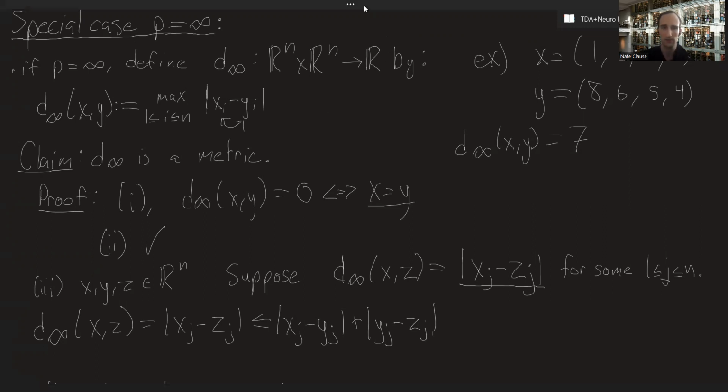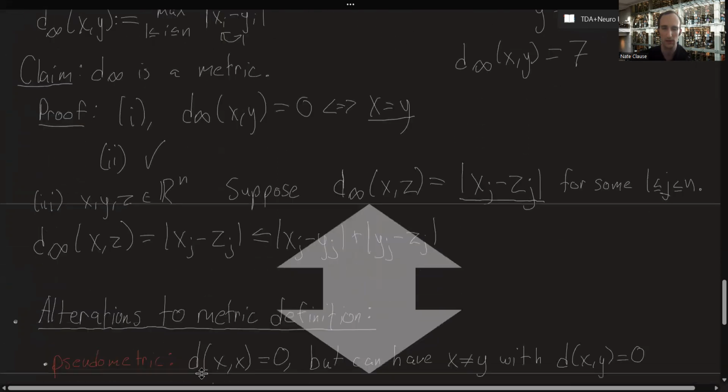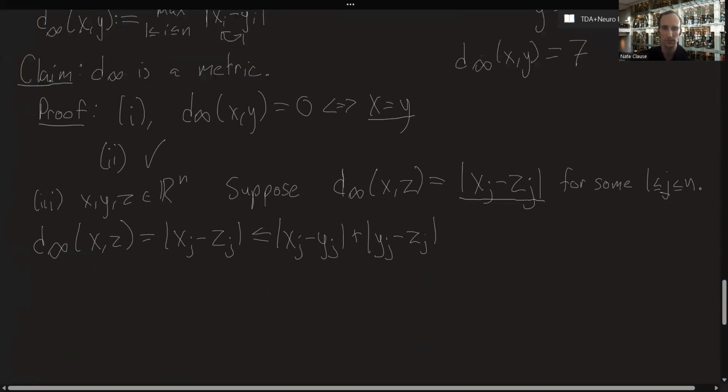But now we notice that these are two specific coordinate differences between the elements x and y and the elements y and z respectively. So this is less than or equal to the maximum, for 1 less than or equal to i less than or equal to n, of |xi minus yi|, plus